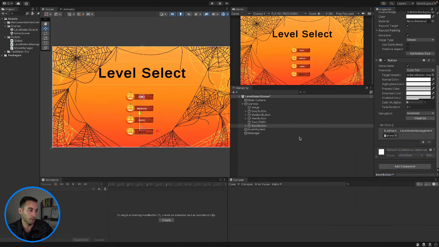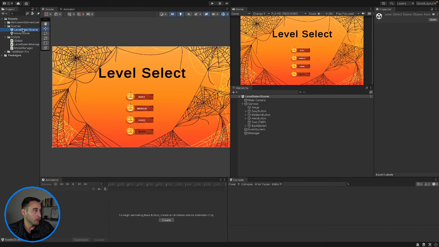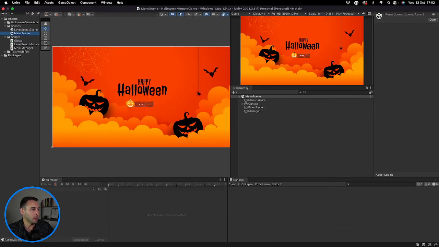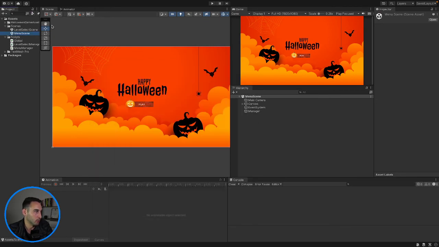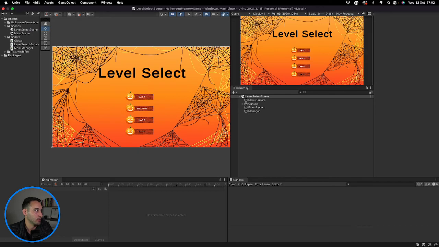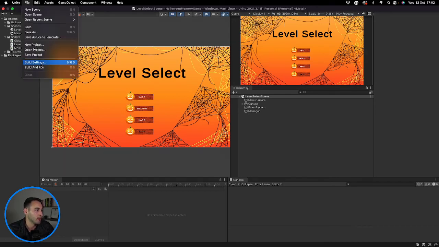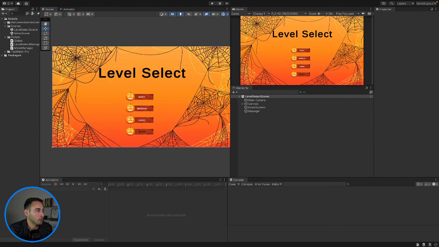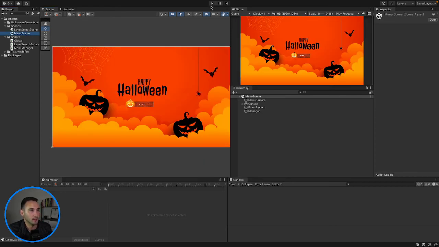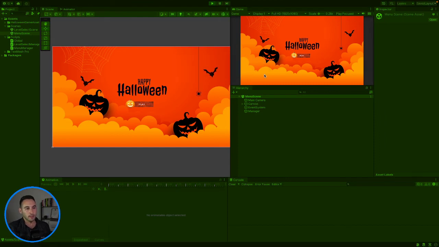So if we go into our main menu here, I think we need to go to File, Build Settings, and we need to go into our level select scene, because that's the second scene we created. Go into our build settings and add open scene into that, because if you don't add this in here, you won't be able to go from one scene to the other. So we'll add that into there, and then we will go back to our main menu scene, and let's play the game quickly and see